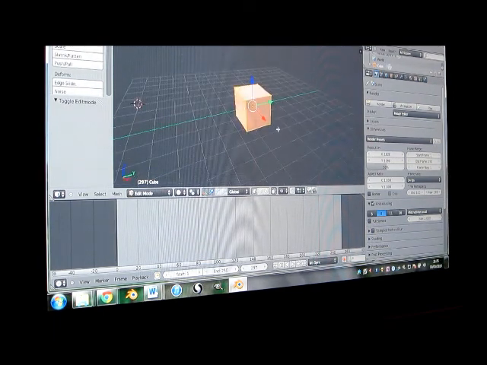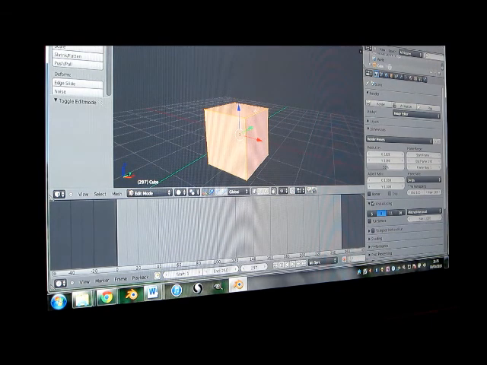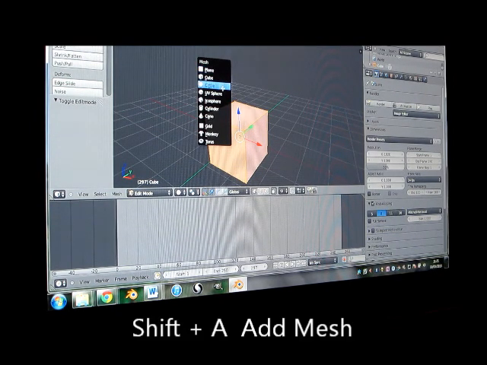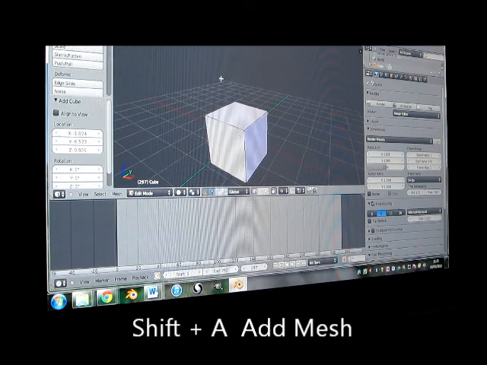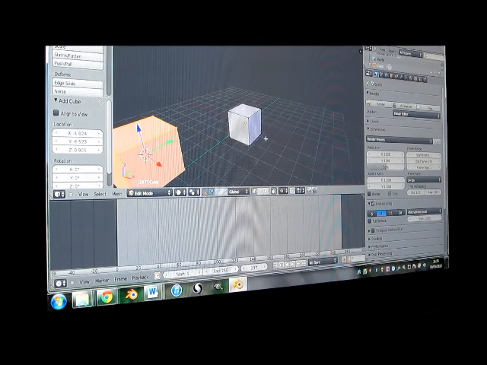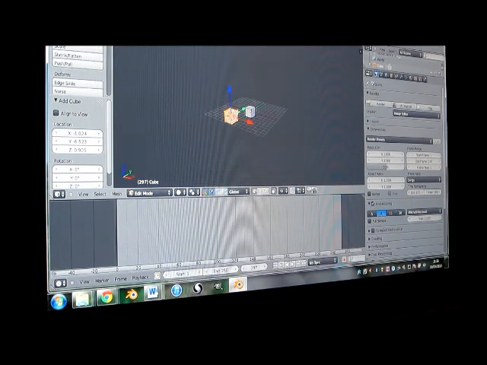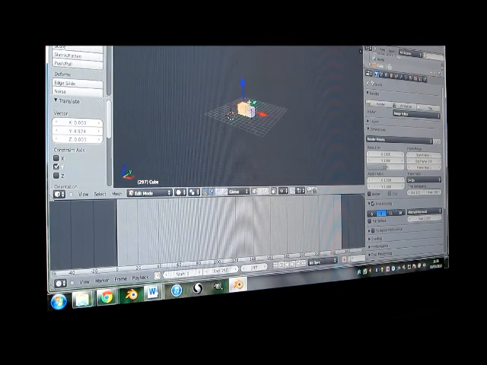One more important thing to note about Blender is whenever you create an object, if I press Shift and A, I open up the Add Mesh menu and I can select an object. Let's select a cube, and it's added another cube in exactly the same place. Oh no, it hasn't, it's over here, but I've got the manipulator there and it's automatically put me in that mode. If I press Escape, it doesn't cancel. This is important to note,